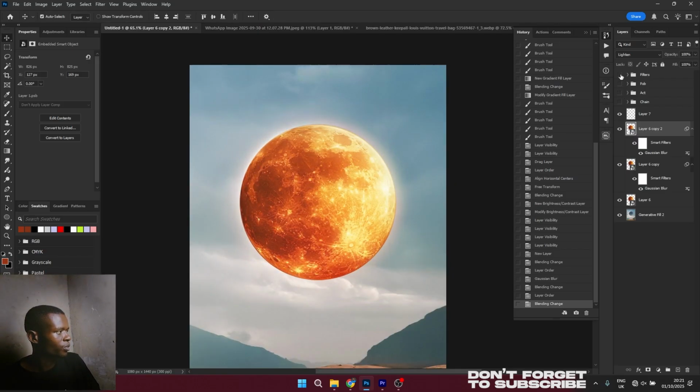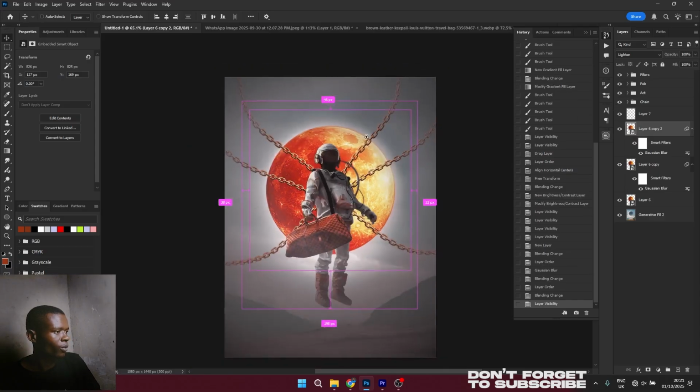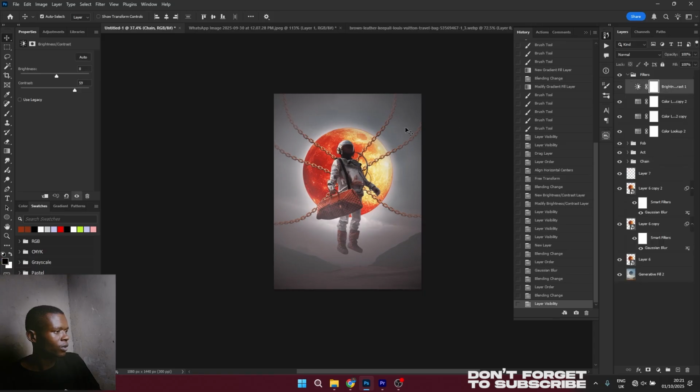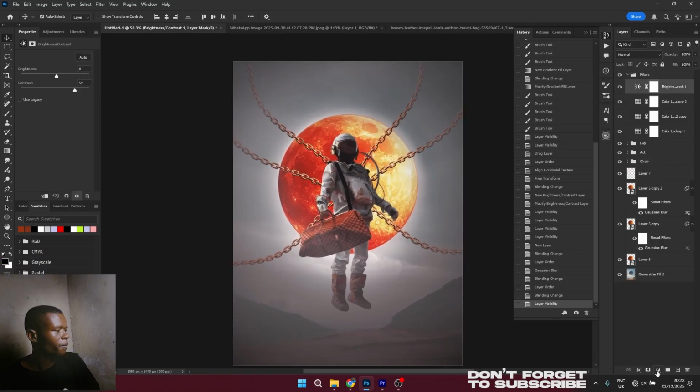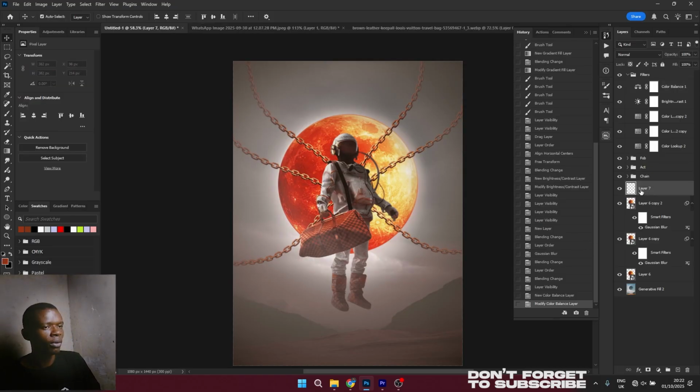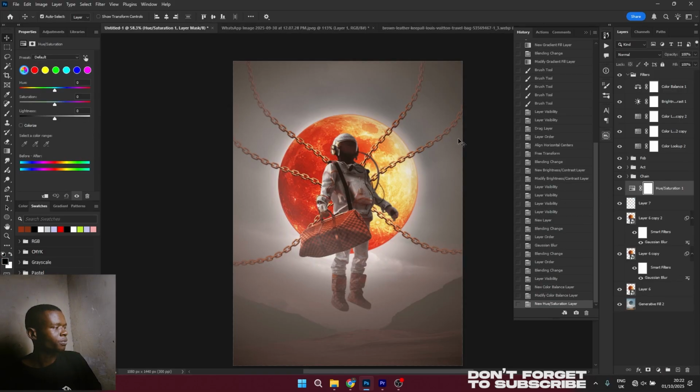Okay, so let's bring back everything here. And then we're going to have something like this, and then let's go here on top and say color balance. Okay, so color balance, we need to have a little bit of yellow, just a bit, and then a little bit of red somewhere like here. And then once we have these, now let's go back here. We did open up a new layer, right? So on this new layer, just go here and then say hue and saturation,